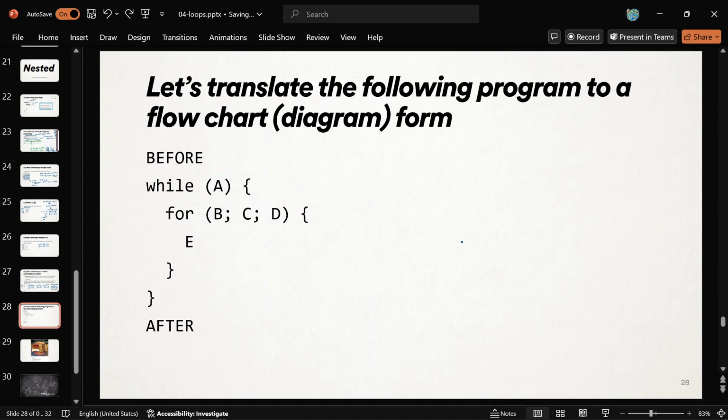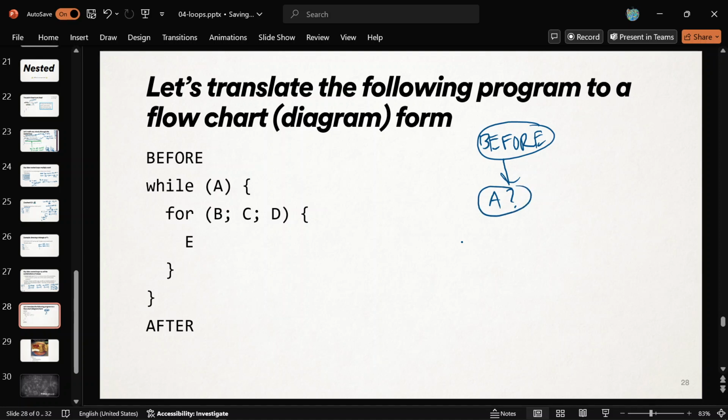Let's draw a flowchart for this together. All right. I'll walk you through how I think about it, and then I want you to practice. So we start out in the before code, in the before times. And then we come into this giant thing, which is a while loop, right? The very first thing we see is a while loop, and how do while loops execute? They're going to check their condition, and as long as their condition is true, they're going to run their body. That's what we know about while loops. So the next thing that must happen in this program is we check A.